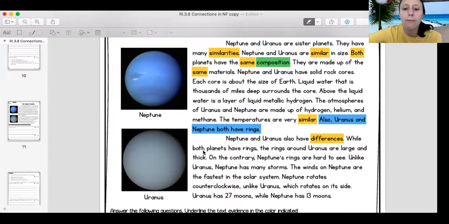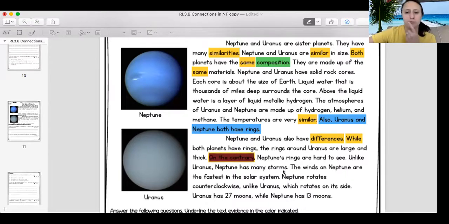Okay. While both planets have rings, the rings around Uranus are large and thick. Now, I know it says both, but this word right here, while both, it's kind of giving, well, yeah, it has rings, but this is how it's different. So I'm just going to highlight this word while, because it is acknowledging that, yes, they both have rings, but then it's telling us that the rings around Uranus are large and thick. But on the contrary,